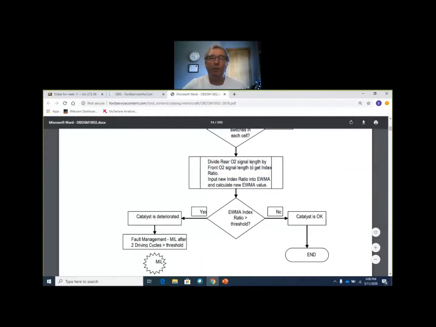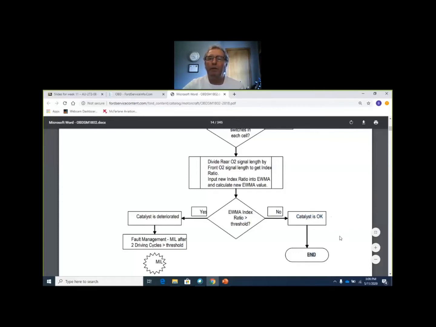Pretty simple mathematical calculation. Input the new index ratio into what? EWMA, what the heck is that? That is exponentially weighted moving average. Don't ask. So we calculate a new value, and if it's greater than the threshold, then the catalyst is deteriorated. If it's not greater than the threshold, then the catalyst is okay,